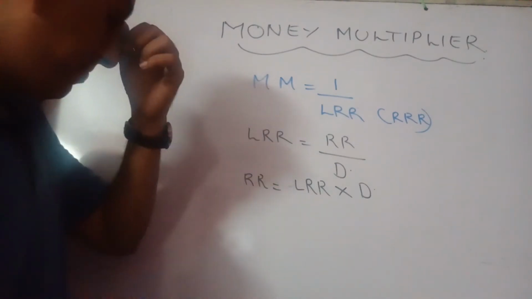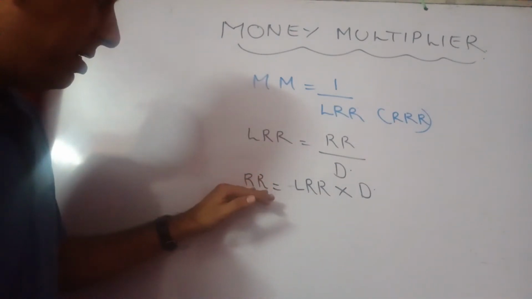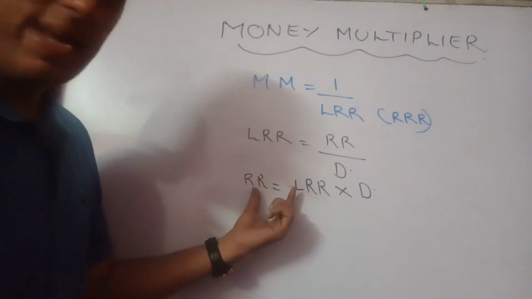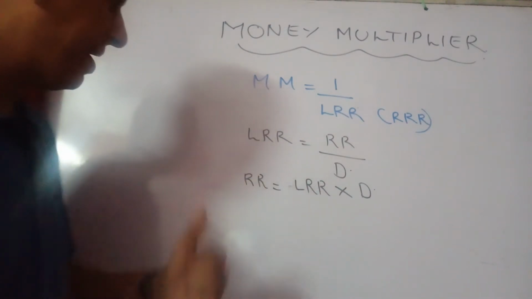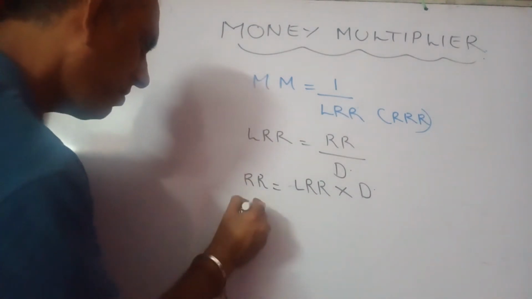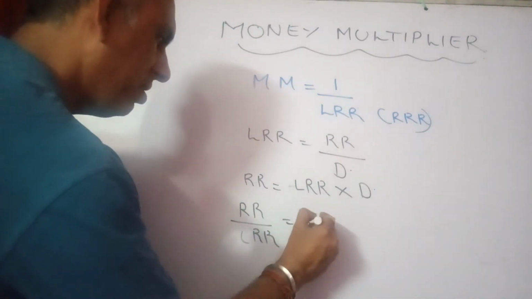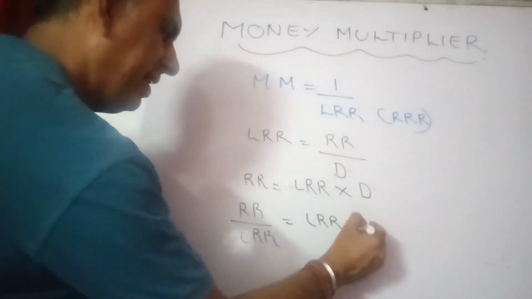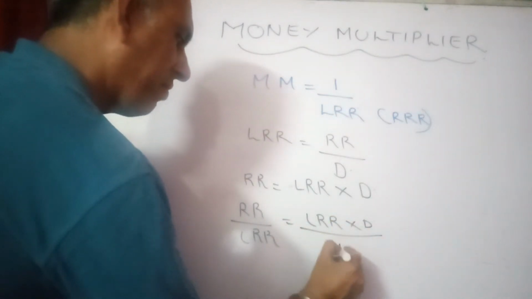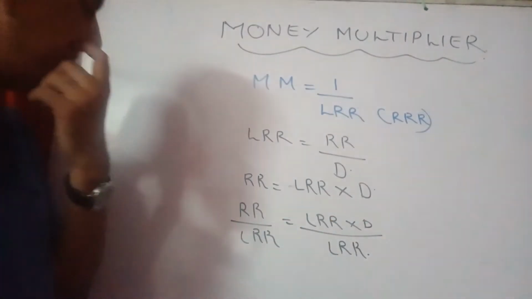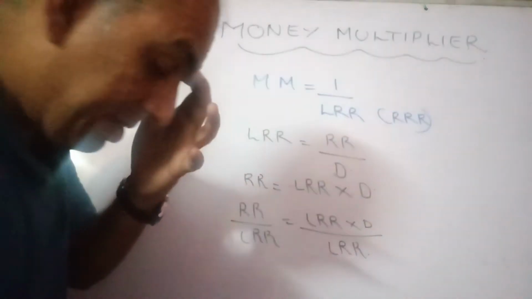Moving ahead, students, let's divide the entire equation with LRR, on the left hand side and right hand side of the equation, so that the values remain the same, isn't it? Cancelling it,